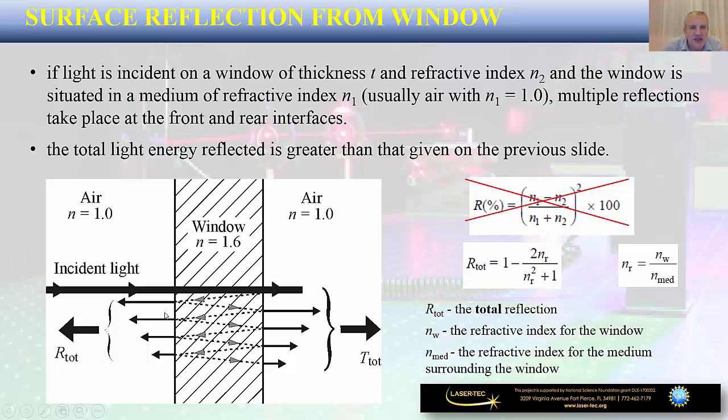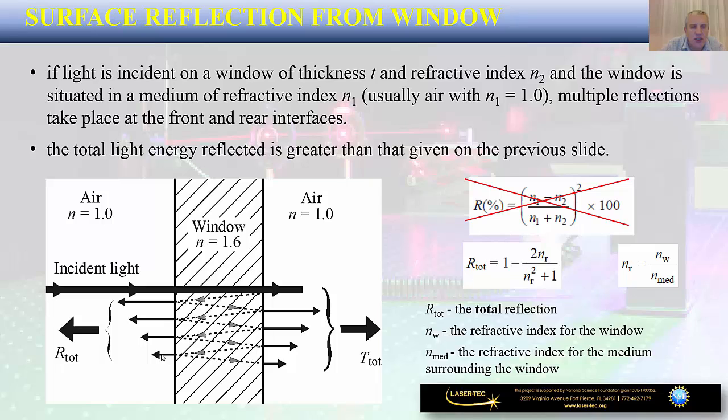reflection. And then we have all this bouncing back and forth of the light. So the light is going to be bouncing back and forth in the window. A certain amount of that light is going to get transmitted. A certain amount of that light is going to get reflected. And we're going to have all these multiple reflections showing up in the air on